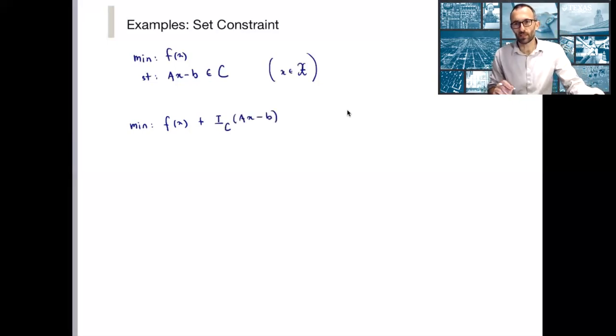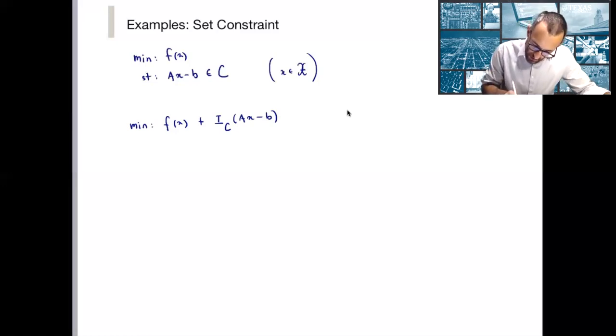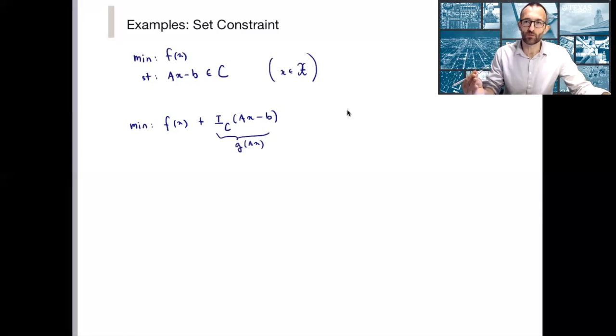And now you can see that except for this minus b part, this is looking a lot like f of x plus g of Ax. In fact, g of z could just be the indicator function of z minus b for the set C. And then now we're exactly in the same form that we had before. So I can write down the dual. So if this is g of Ax, then writing out the dual and using the calculus rules